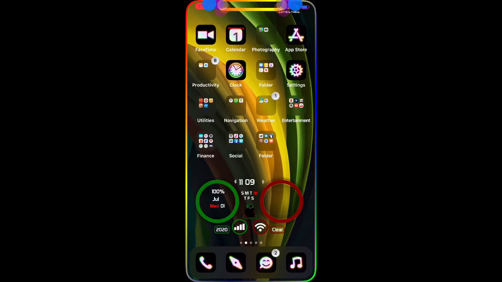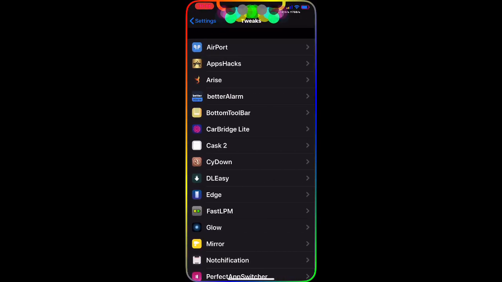As you guys can see on the top right corner, right under the cellular signal and the Wi-Fi, you can see I got the download speed and upload speed, and it's a really nice tweak, and have the information right on your home screen or your lock screen, so you can see the speed of your internet. So next one we're going to talk about is, let me go to my settings and tweaks,